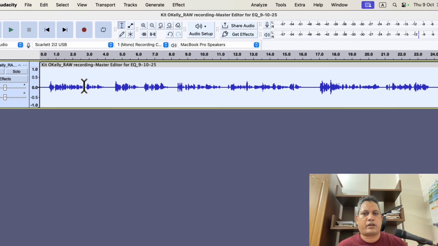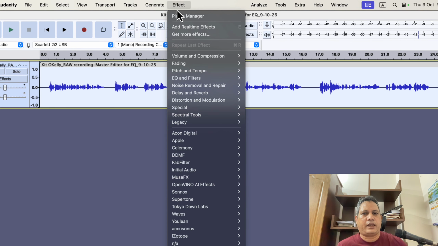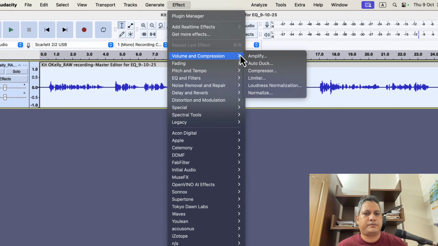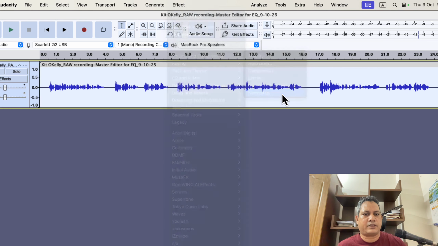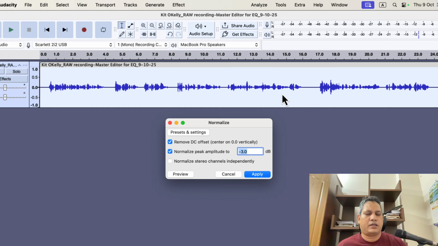You select the recording and go to effect and then go to volume and compression and then select normalize. So what this normalize effect does, the normalize effect actually sets the peak amplitude of your audio, and peak amplitude means the loudest point of your recording. Your audio will have only one point as a peak. Several points can have similar peak or similar loudest level, but it means that that loudest point will be adjusted